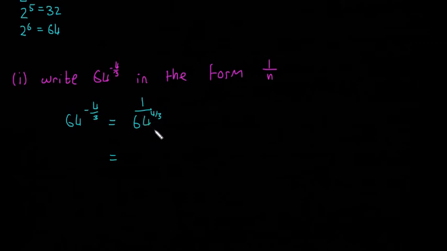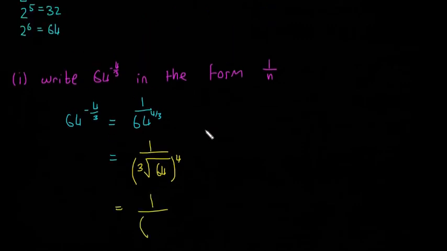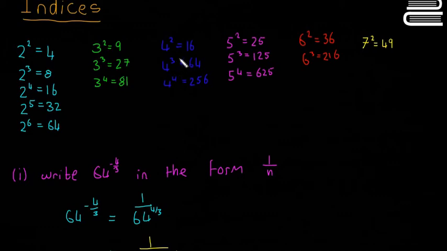I'm going to use the last rule we looked at. So I'll do this in yellow. So again, it's going to be 1 over. So remember, the number on the bottom goes on the outside, so it's going to be the cubed root of 64. So the number on the bottom goes before the root, and then this whole thing is going to be to the power of 4, because that's what this number here in the fraction does. Yeah? So then I'll go down, 1 over, so the cubed root of 64,